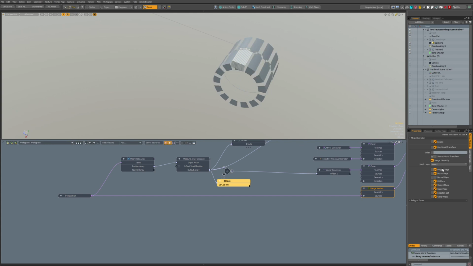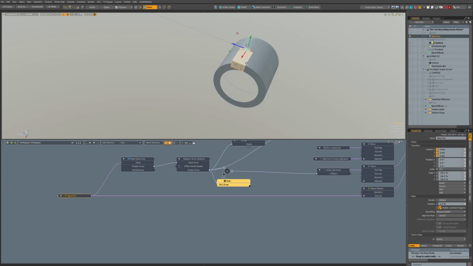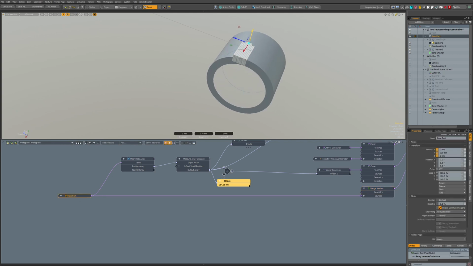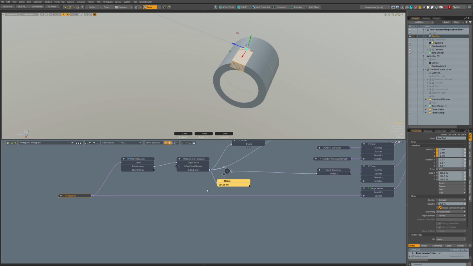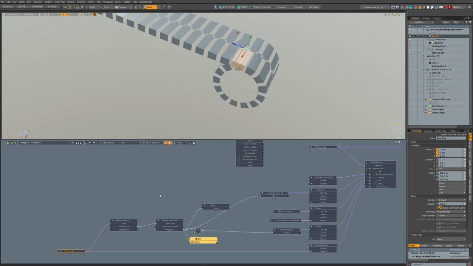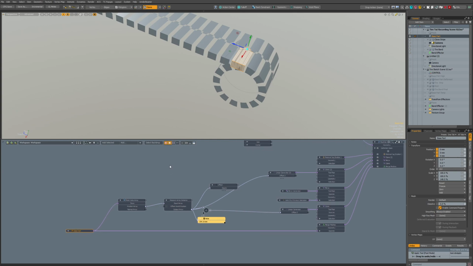That should work. Or is it that? I don't know. Maybe I clicked the wrong place. Oh no, it does move. Okay, I found the error, which is this here.